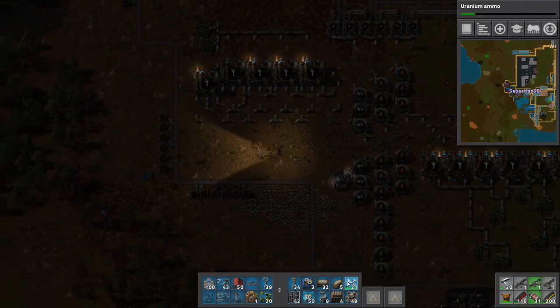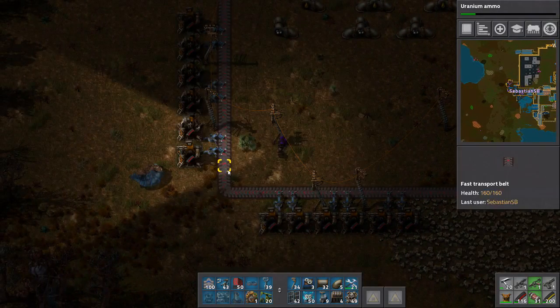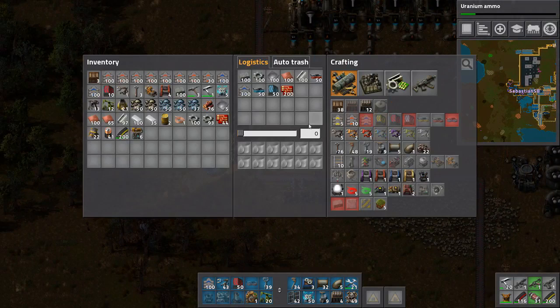Hey, uranium ammo is researching relatively quickly after all, but I think we're probably out of the high-tech science. So it's probably not